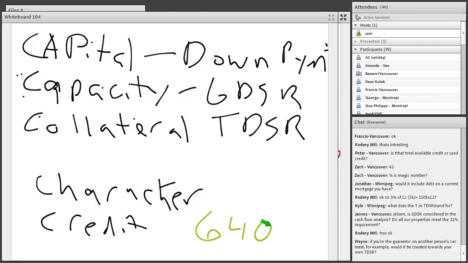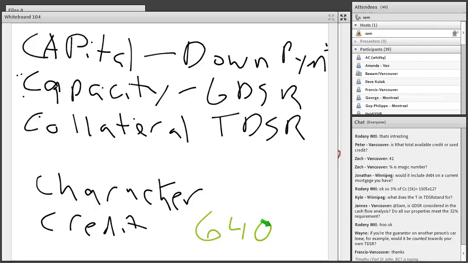Are we good here, guys, before I jump to the next section? If you're a guarantor on their debt, yep, that shows up. That's the thing, right? So if you guys are co-signing for loans and mortgages, it shows up on your bureau. The lender doesn't care if you've co-signed or not. They're going to take that payment, and they're going to count it against you.